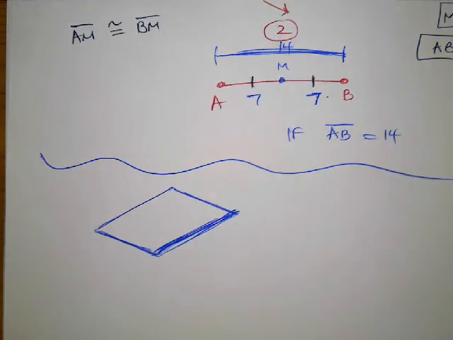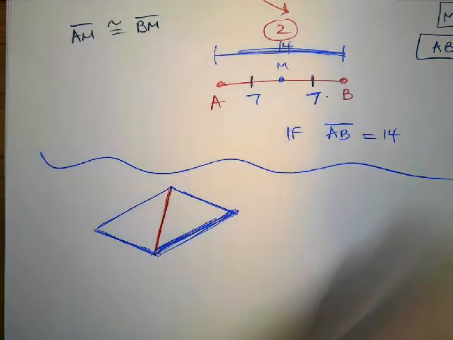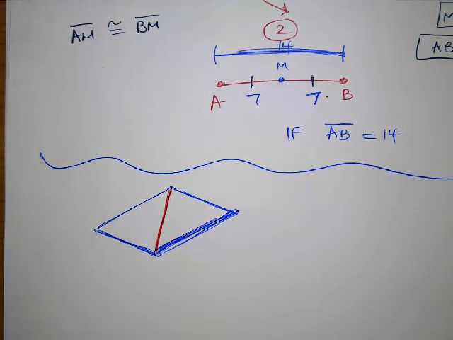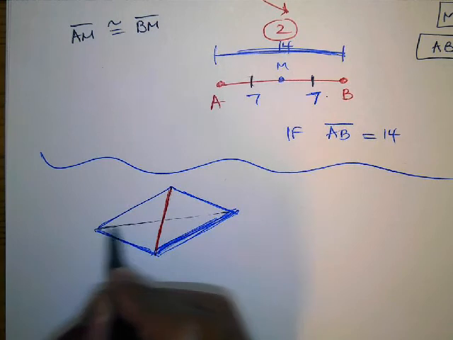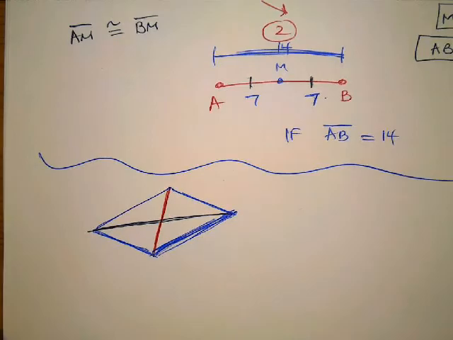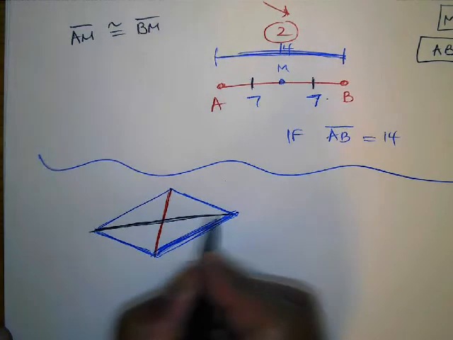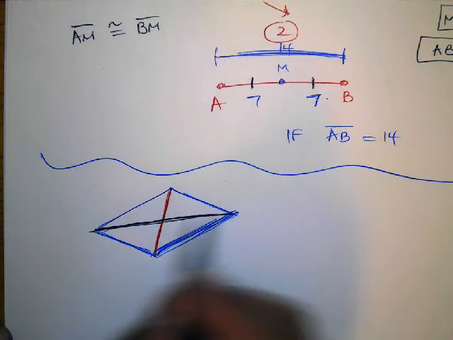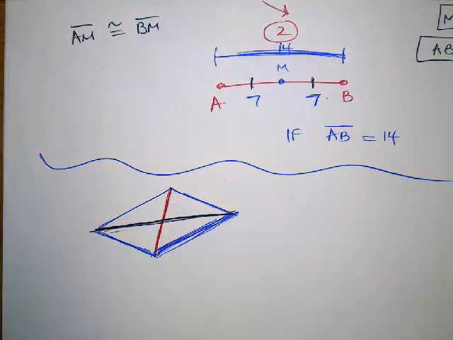Oops, sorry about that. Now, what they're going to talk about are these diagonals. See, this diagonal here that I'm going to draw in red will not be the same size as this one that I will draw over here in black. You notice this one's longer. On some parallelograms, they look like they're the same size, but they're not. The black one here, you can tell it's longer, they're not the same length,